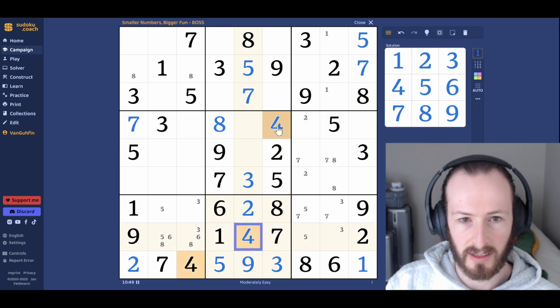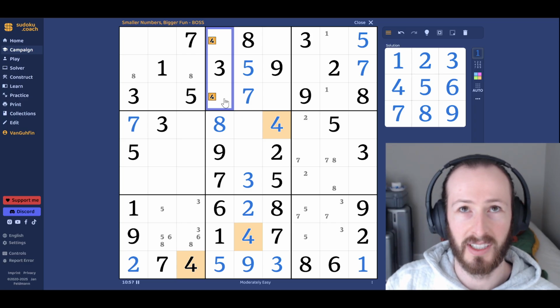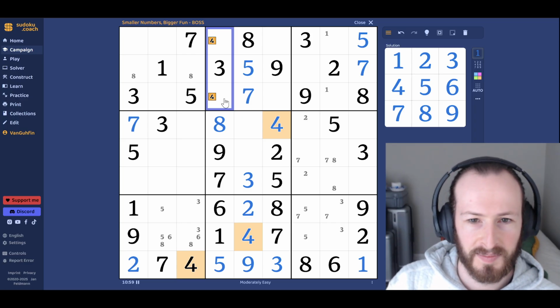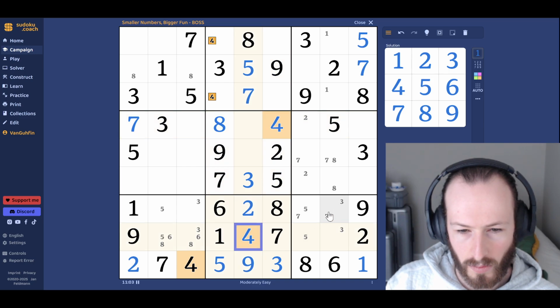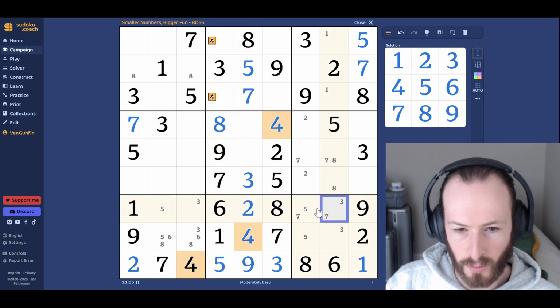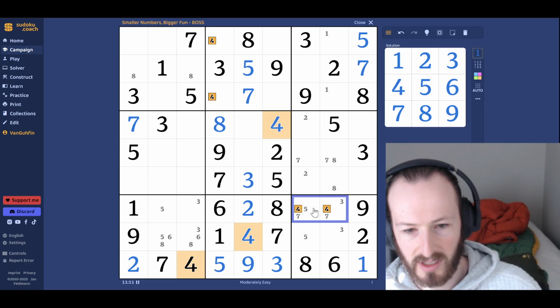And now I can annotate the box, I can notate the box 2, 8. I can notate the box 2, 4. And I can notate the box 9, 4, which is causing some